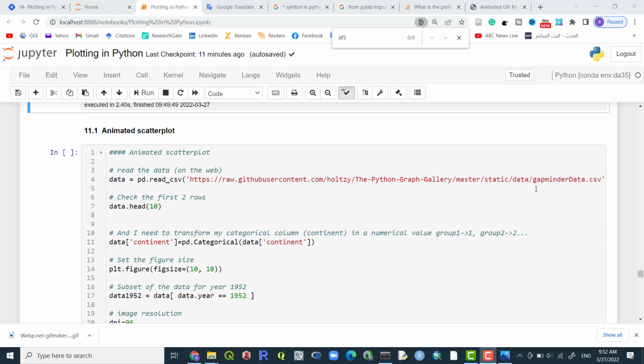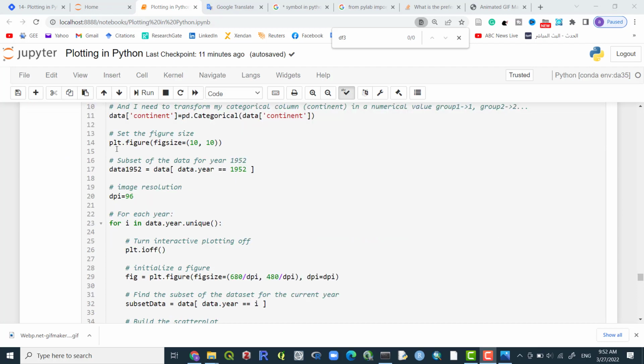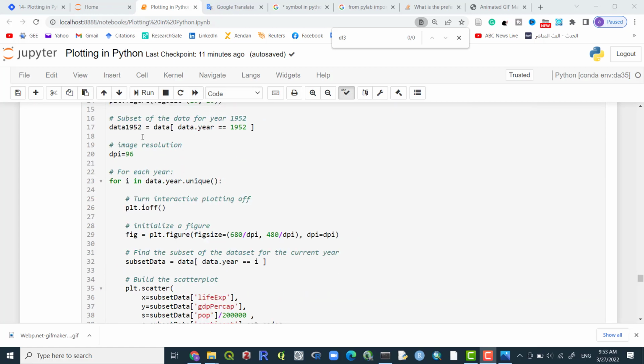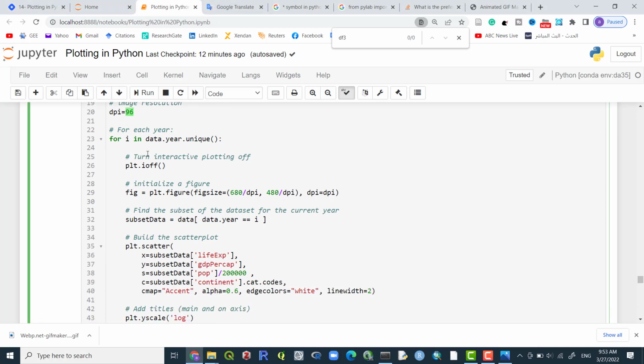The data is gapminderdata.csv. Set the figure size, plt.figure, figure size 10 by 10, for example. Subset of data for year 1952. Data 1952 equal data, data.year equal 1952. Image resolution DPI equal 96, for example, for each year. For y in data.year.unique,